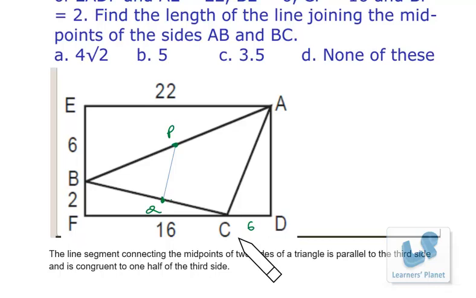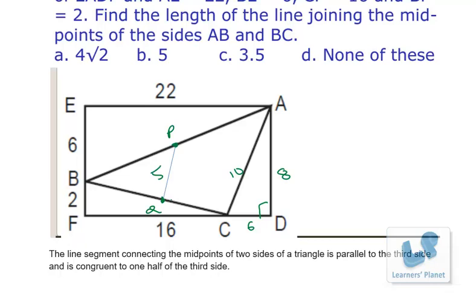Now since this length is 22, if this is 16, it has to be 6. Since AEFD is a rectangle, the length is 22, so to make it 22, it has to be 6. Now this is 8, so it has to be 8. Now this angle is 90 degrees, so 6, 8, 10, Pythagorean triplets. ACD is a right angle triangle. So if this is 10, it has to be 5. Okay, simple, according to the midpoint theorem. So just note down the midpoint theorem if you are not aware of it.